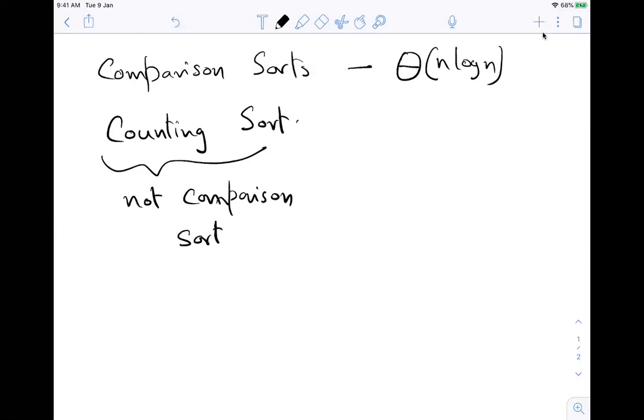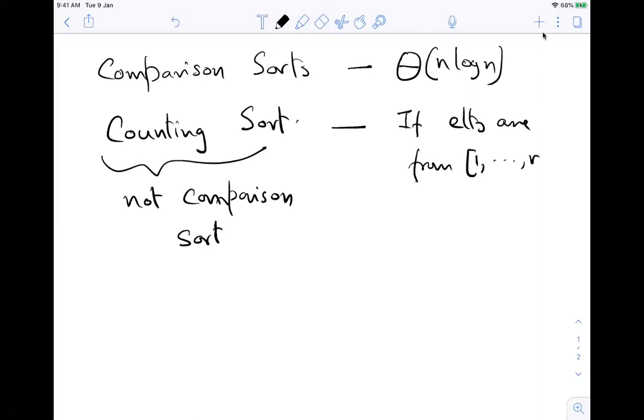They're all numbers, and these numbers are between 1 and R. Here's the idea that I just described: if the elements are from, say, the set of integers 1 to R, it doesn't have to be integers, it can be any discrete set of size R.